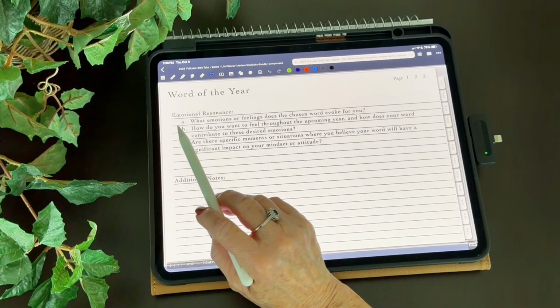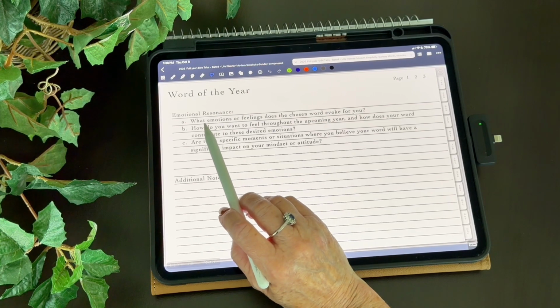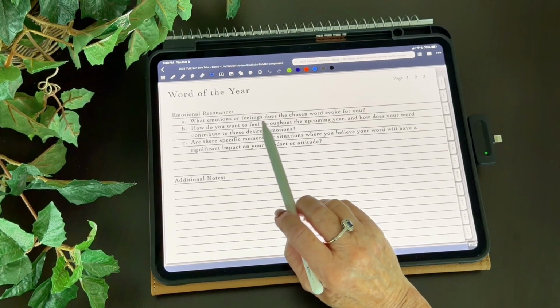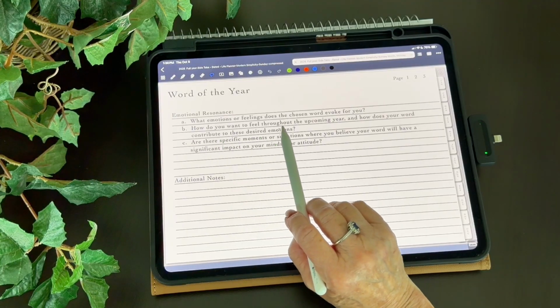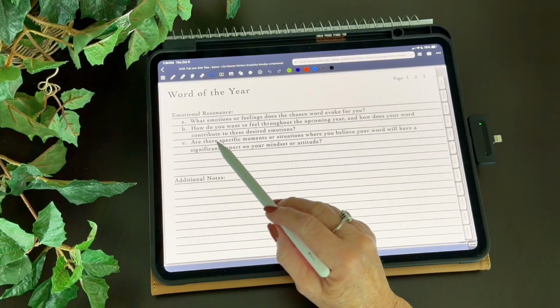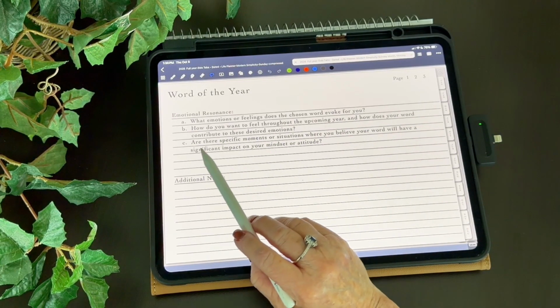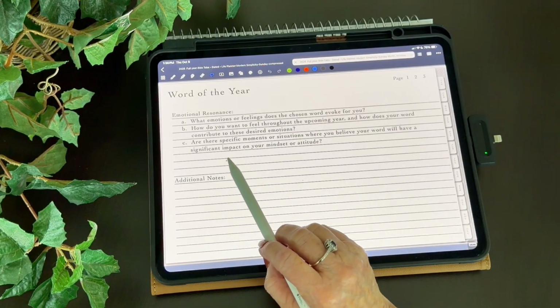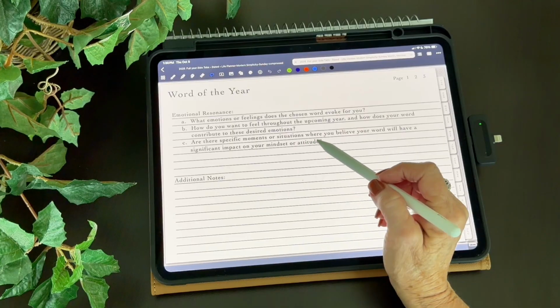And then the last page is just emotional resonance. What emotions or feelings does the chosen word evoke for you? How do you want to feel throughout the upcoming year, and how does your word contribute to these desired emotions? Are there specific moments or situations where you believe your word will have a significant impact on your mindset or